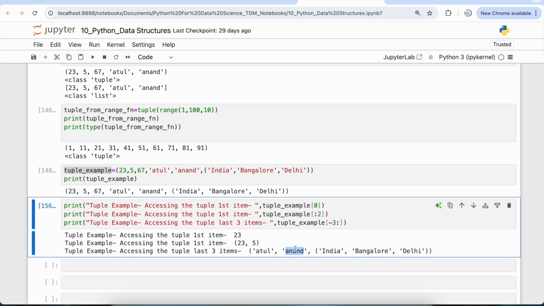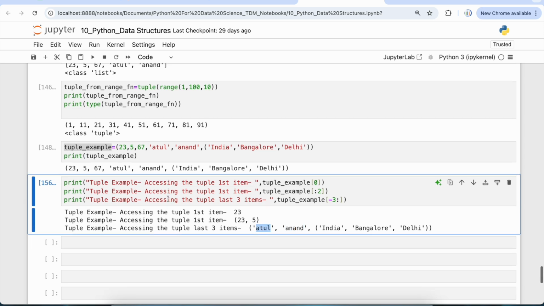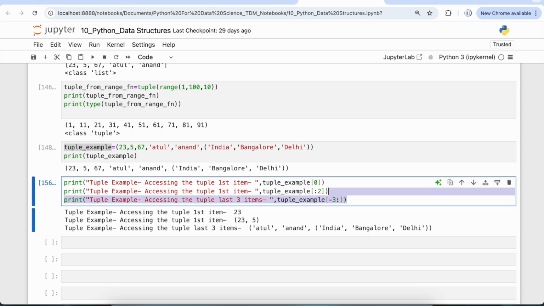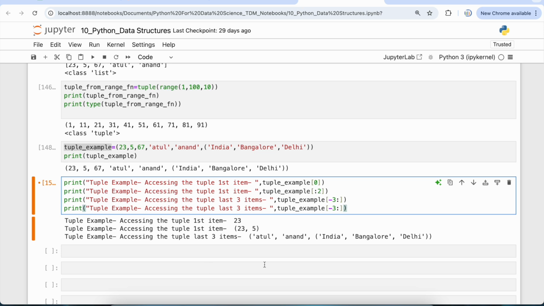Then we have Anand, which is exactly at second last index, and Atul is at third last index. Okay, let's take one more example that we want to access tuple items from index 1 till 3. Okay, so I'm just going to copy this, put it over here, and I'm going to write the description saying that accessing the tuple items